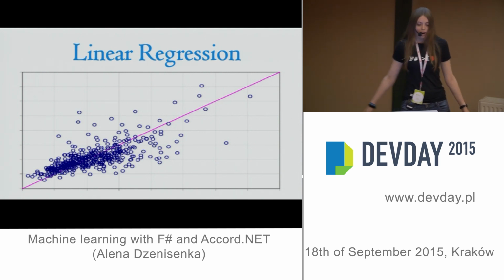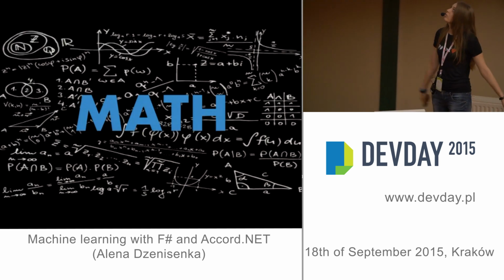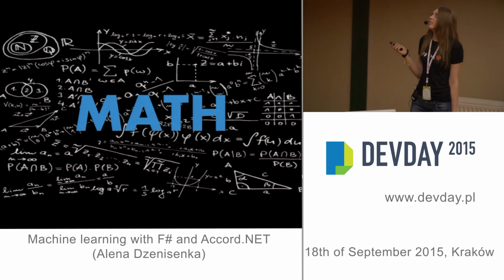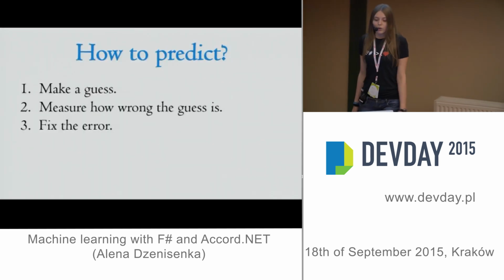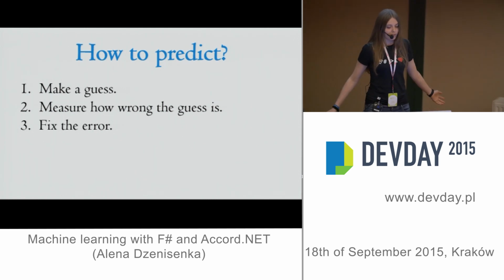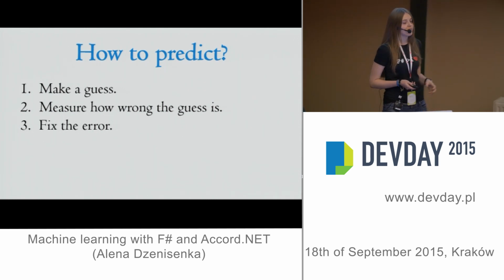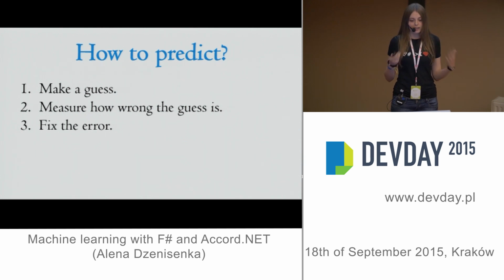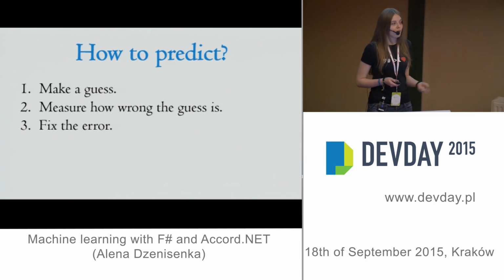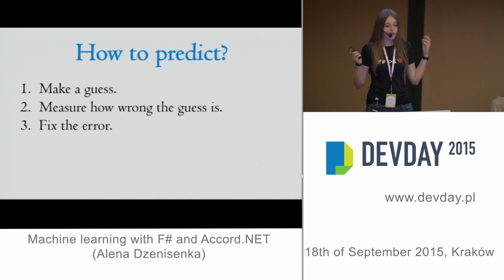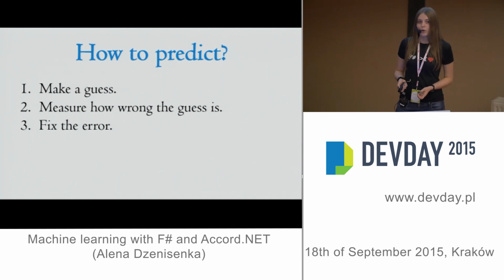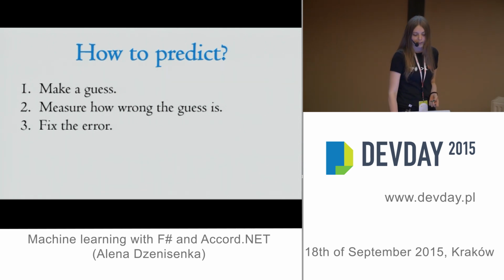Anyway, let's look at how this linear regression works and dive into some math. So how can we even predict something? Well, it's rather simple. We can just make a guess. We can then find out what the mistake is, so how wrong we are, and after that fix our mistake. So the first step is